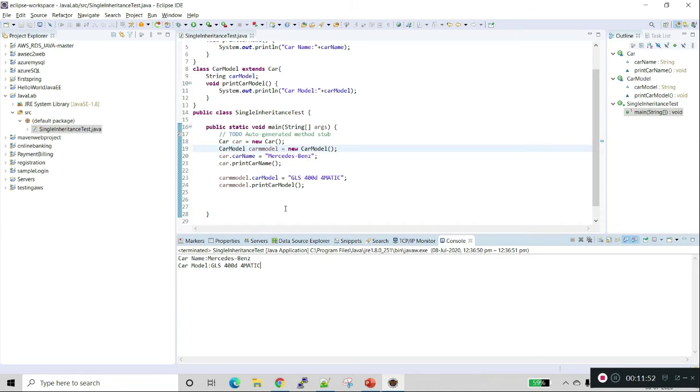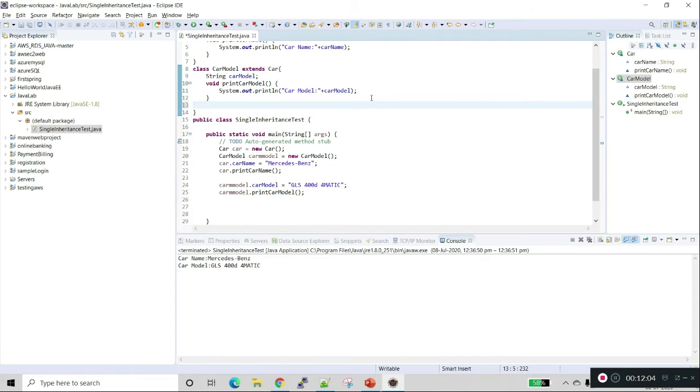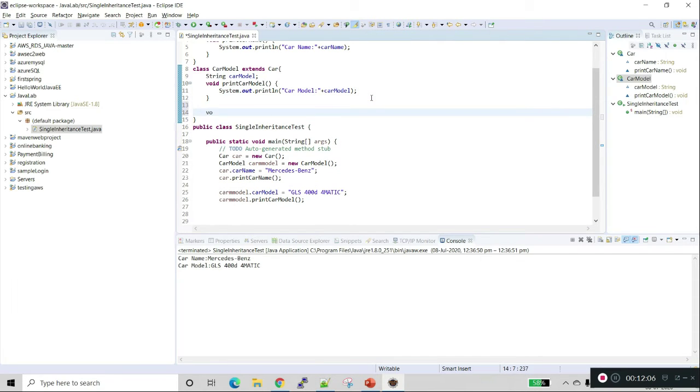Now we will add one more method, void print all car details.